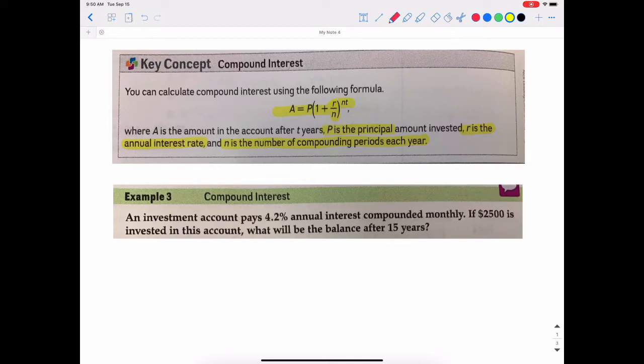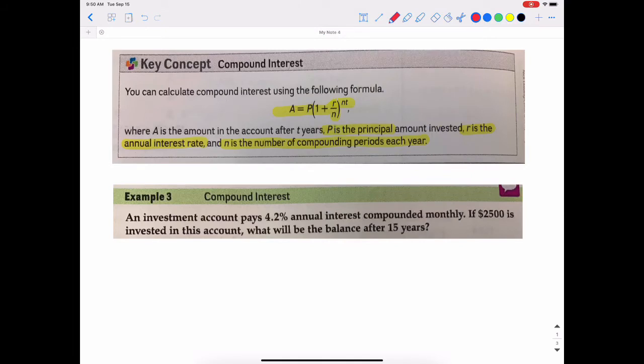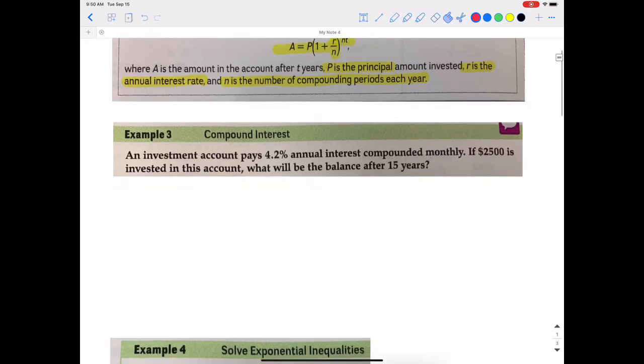So let's look at example number 3, which is an investment account pays 4.2% annual interest compounded monthly. If $2,500 is invested in the account, what will be the balance after 15 years? So we use that formula. A equals the principal times 1 plus the rate over the number of times per year, to the NT power. And that's an R for rate there. So the principal is $2,500. That's the amount that was invested,